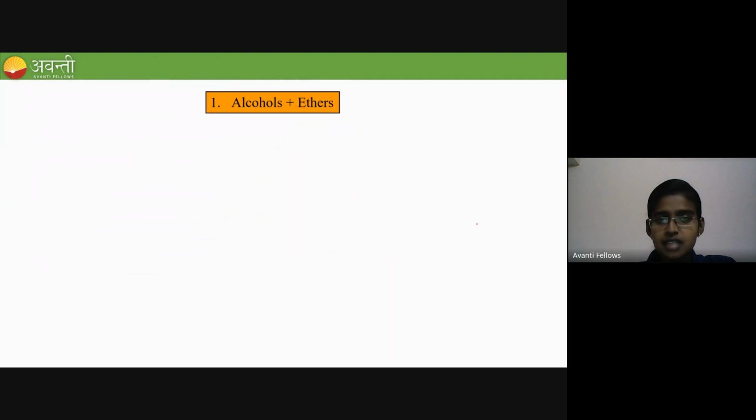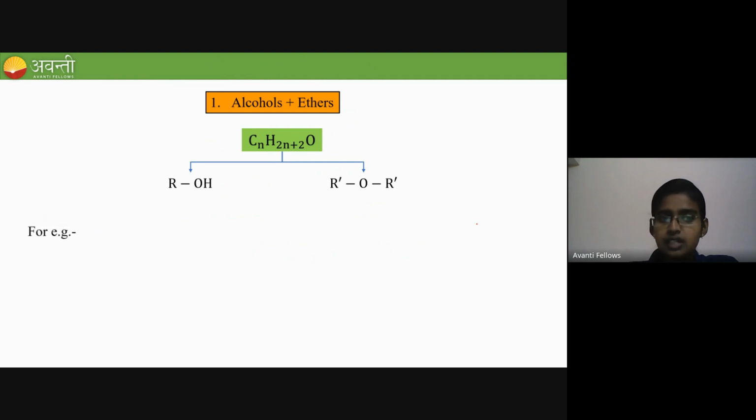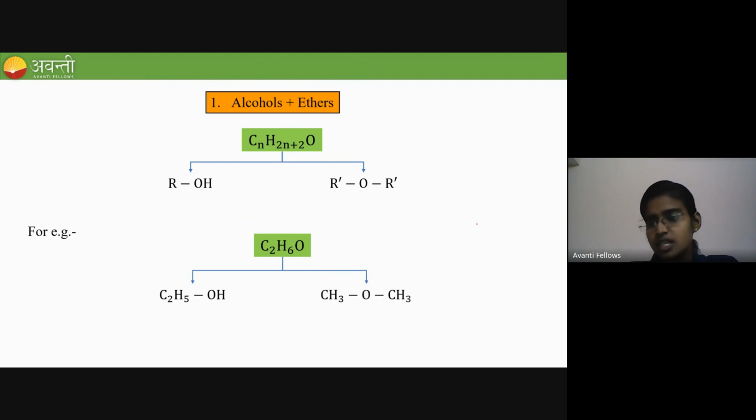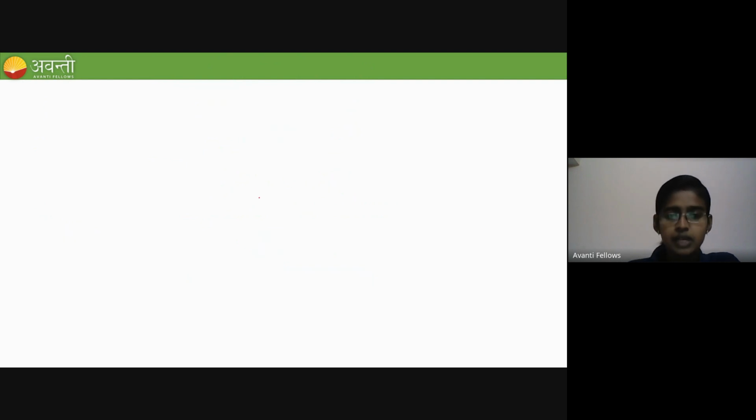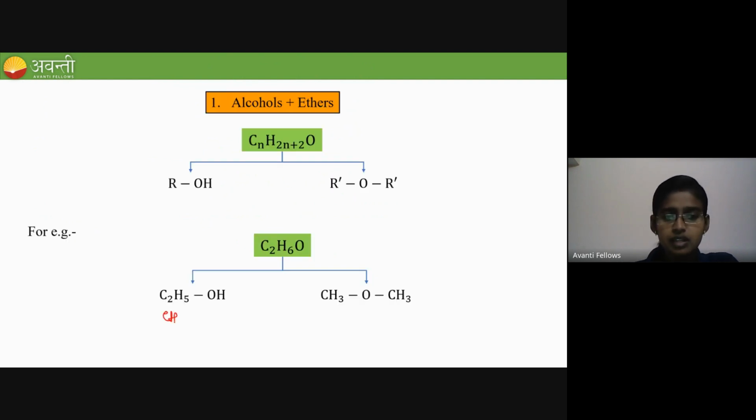So the first pair is alcohol and ether, and the general formula will be CnH2n+2O for alcohol as well as for ether. So these are the general formulas for both. And the example for this system is C2H6O. So C2H6O for the alcohol containing system is ethanol. And in terms of ether, CH3OCH3 is the example, which is called methoxymethane. And this is called ethanol. Okay. The name of this compound is ethanol. And the name of this compound is